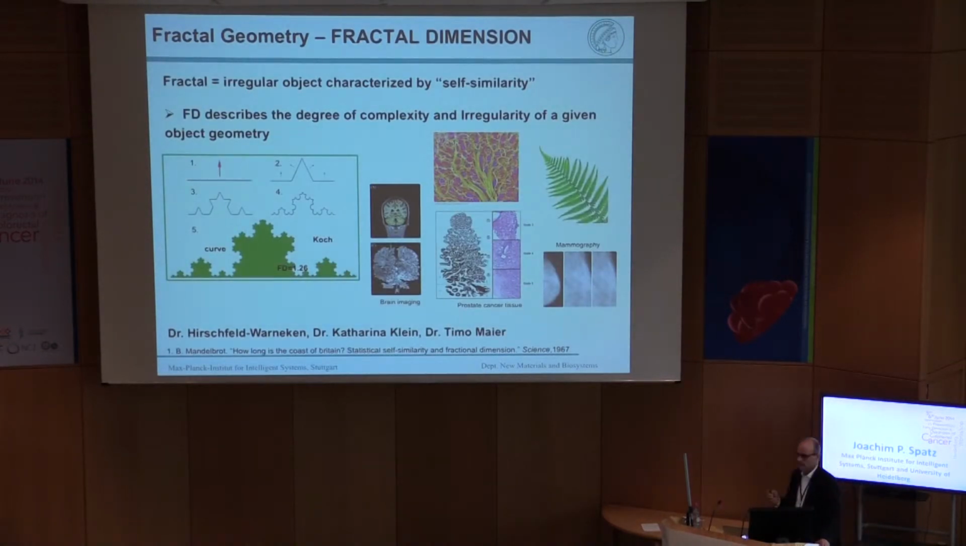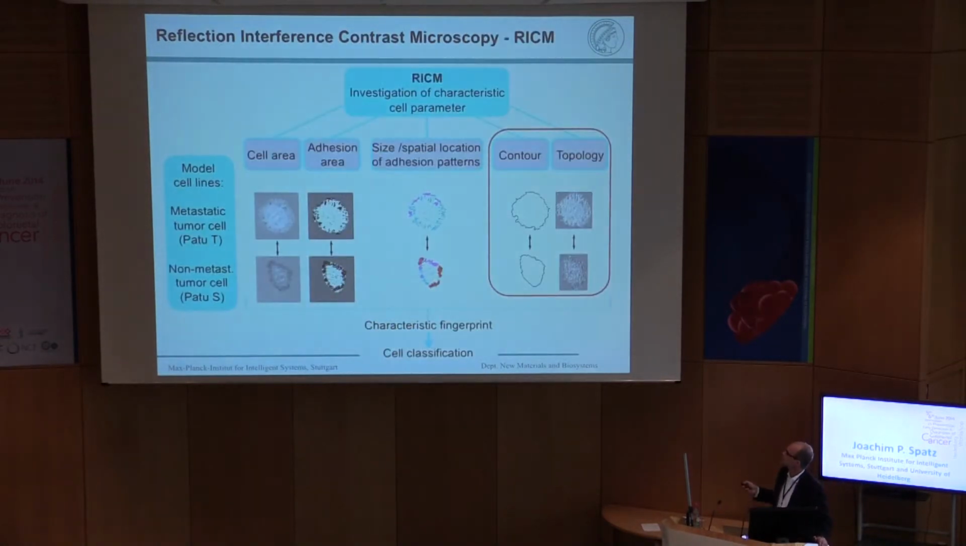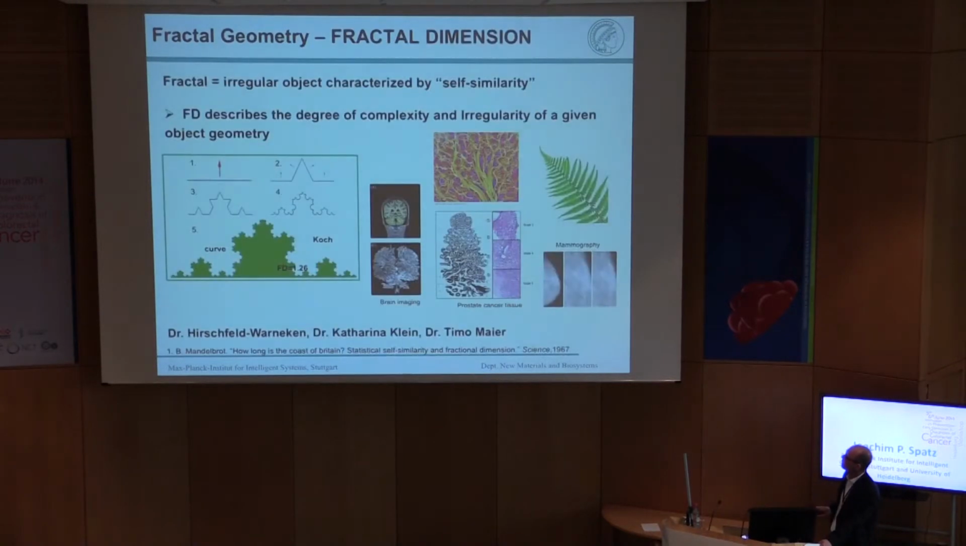And these differences in contour, well, this one, which is more invasive, looks more complex, there are more tiny structures, so it's not as well defined as in the bottom case. And this kind of irregularity can be measured by a mathematical model, so to say, which is called fractal geometry